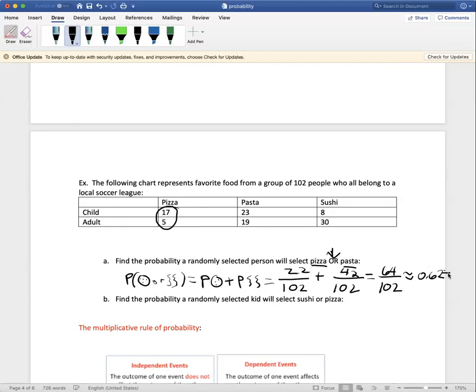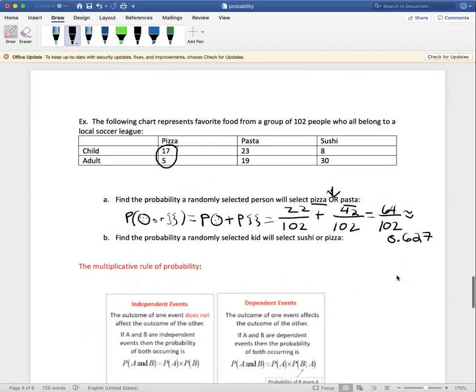as a decimal. Oops, sorry about that. Let me rewrite that. 0.627. And similarly, let's compare it with the example underneath that says, find the probability a randomly selected kid will